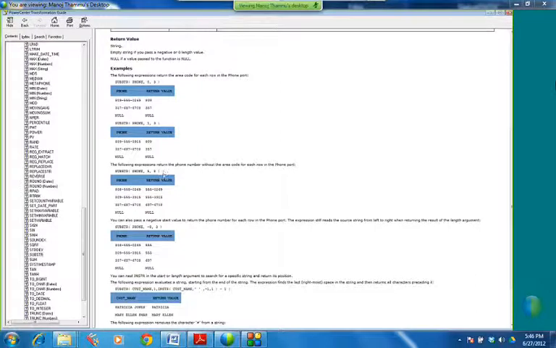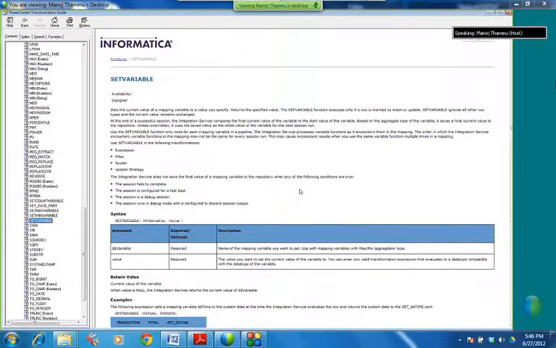So substring of phone number 5 to 8 means what am I telling it is I want from the 5th position to 8th position. See, from the 5th position to 8th position. So 5, 1 2 3 4 5 6 7 8. So these all are 8 positions. So everything there is an example here.